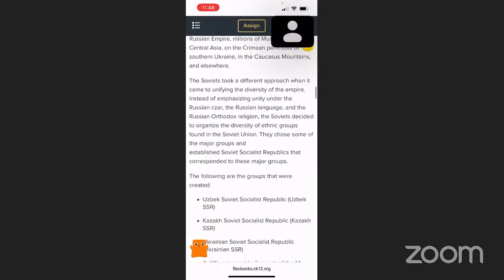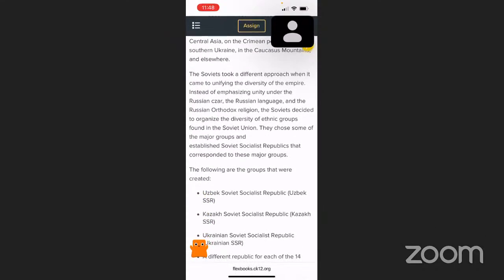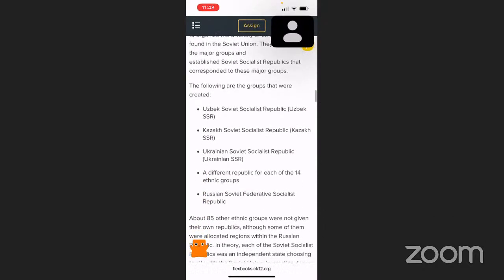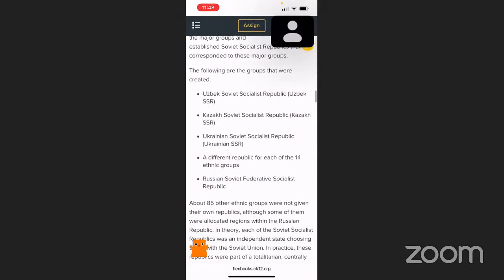The Soviets took a different approach when it came to unifying the diversity of the empire. Instead of emphasizing unity under the Russian Tsar, the Russian language, and the Russian Orthodox religion, the Soviets decided to organize the diversity of ethnic groups found in the Soviet Union. They chose to recognize major groups and established Soviet Socialist Republics that corresponded to them: Uzbek Soviet